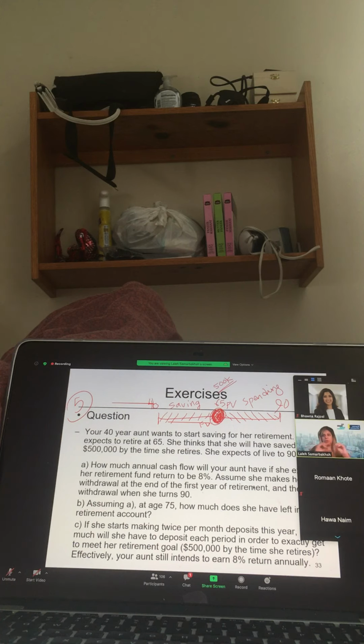Sit down, draw it for yourself, and try to solve it so that when I post the solutions, it makes sense to you. We're going to go over the solutions again next class, which is in 2 weeks, so that I prepare you for your midterm. The midterm class is going to be a review class, so I'm going to go over all of this again.